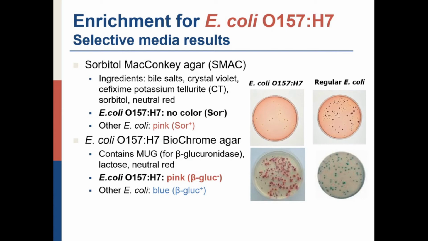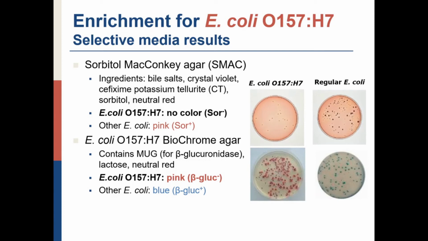So for E. coli O157:H7, we'd be growing them on 2 different things. We have our sorbitol MacConkey agar, SMAC, and our E. coli O157:H7 biochrome agar. So they're going to be looking a little bit different. With the sorbitol MacConkey, the E. coli O157:H7 will have no color, whereas the normal E. coli will be pink because of the sorbitol difference. So E. coli is positive,